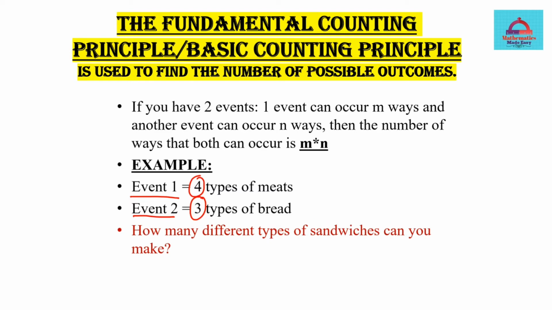Then if the question is how many different types of sandwiches can you make using these outcomes, then your answer would be very simple. You will just use the fundamental counting principle, and in order to make the sandwich you are going to be using 4 multiplied with 3 ways. Now this is very simple to understand that the number of possible outcomes in this case would depend upon the various possible choices that we have. So we have just simply applied the fundamental counting principle to get the possible outcomes, and we have done the multiplication of the possible outcomes.